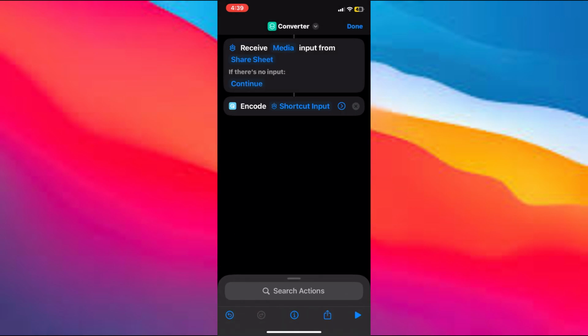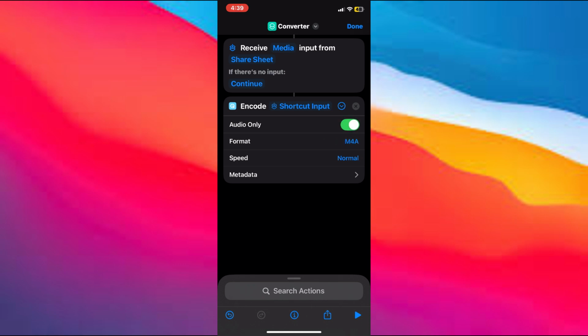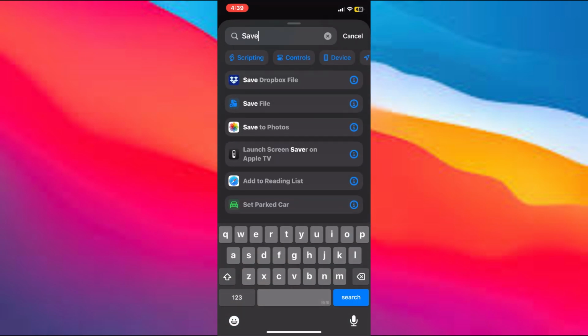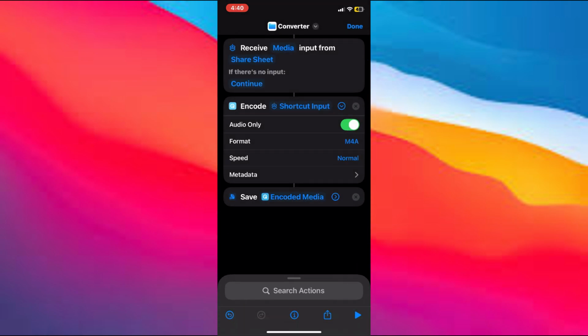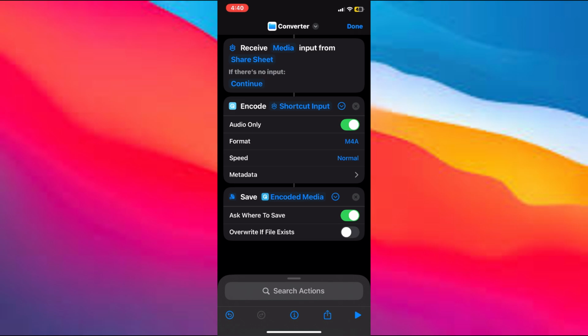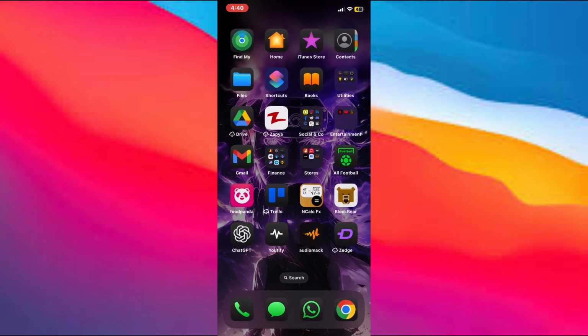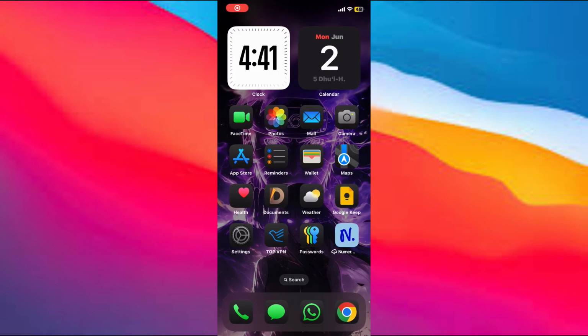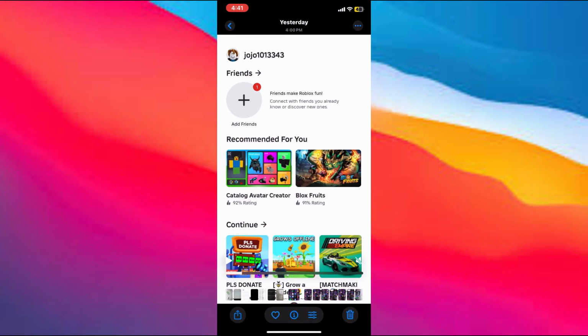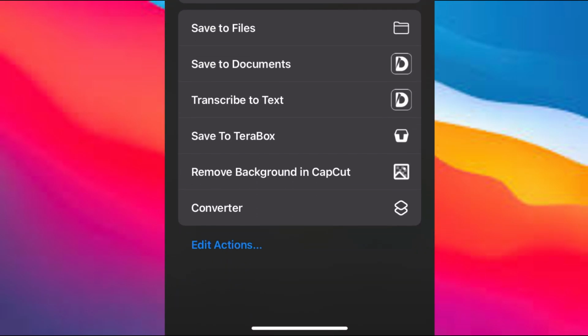Tap it, expand the action, and enable Audio Only. Now tap Add Action again, search for Save File, and tap it. Expand the action and enable Ask Where to Save. Press Done. To convert a video, open the Photos app, select a video, tap the share icon, scroll down, and